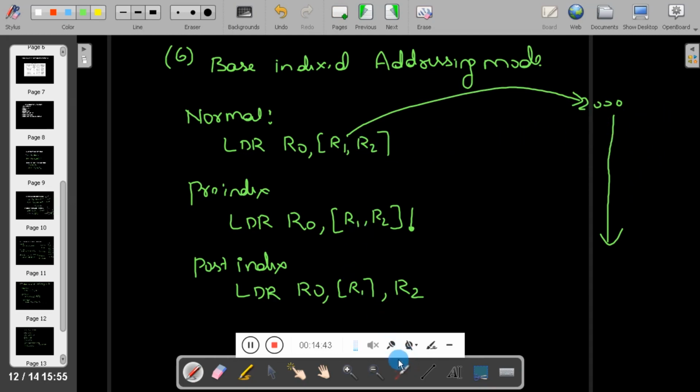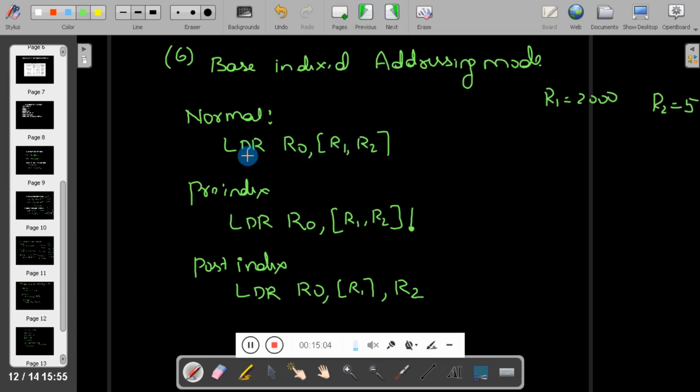As I explained earlier, this method also has three versions: the normal version, the pre-index version, and the post index version. For our reference, we will take the R1 value as 2000 and the R2 value as 5.